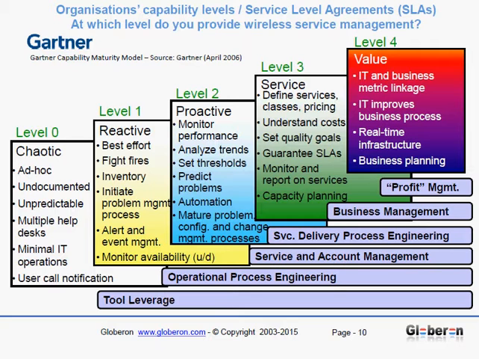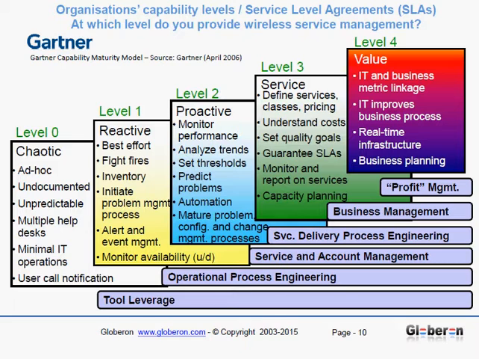There's another way how to explain this. This is a slide from Gartner, which we use actually since 2006 already, because it gives a very good overview how to manage services. And in a way you can align it with the ISO 20000 as well. So that means if you're a level 0 organization, you're basically not under control in your organization, providing services to your end users. So it is ad hoc, undocumented, multiple help desk, unpredictable. Customers are calling your organization. I cannot connect to the wireless network. So it's really impacting you as an organization.